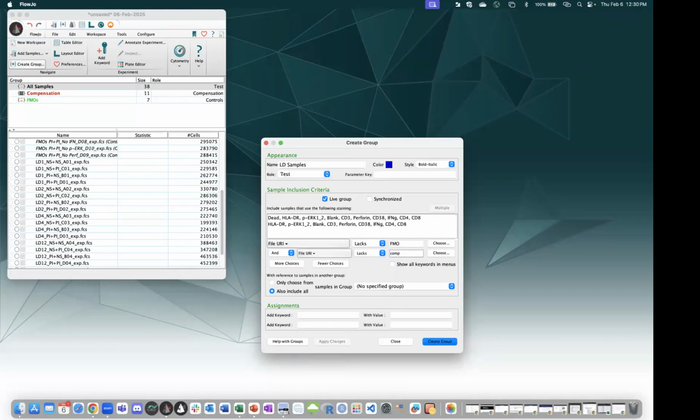All right, so now you see that all my LD samples have been created and have been added to my LD sample group. All my FMO are in my FMO group, and my composition